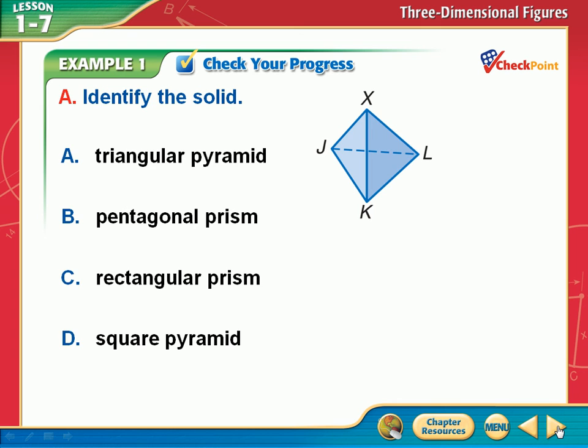Here's another example. Oh, look at that. That's crazy looking. That's really weird looking. They didn't draw that very well, I don't think. I would say the base of this would be JKL. Do you think? No. No? I think it would be. So it looks like a triangular something. That looks like a kite. It looks like a triangular something, right?